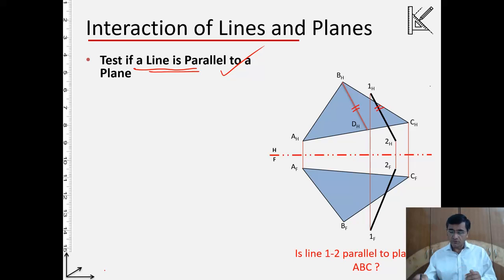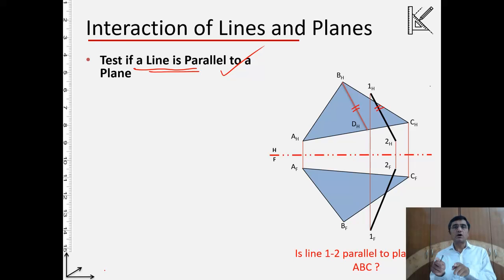Right now, if I am talking of the horizontal principal plane and the frontal principal plane, corresponding to BH, DH, that is the projection of BD on the horizontal, if I find the corresponding projection on the frontal, which will be BF, DF, I can check whether BF, DF is parallel to 1F, 2F. 1F, 2F is the projection of line 1, 2 on the frontal.